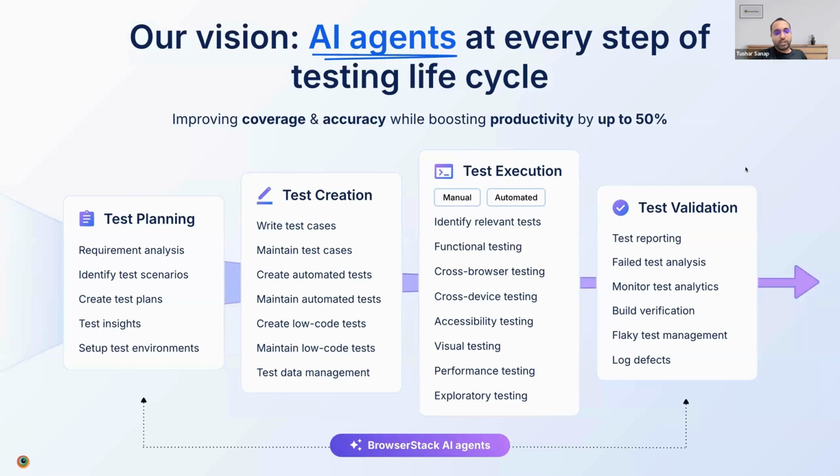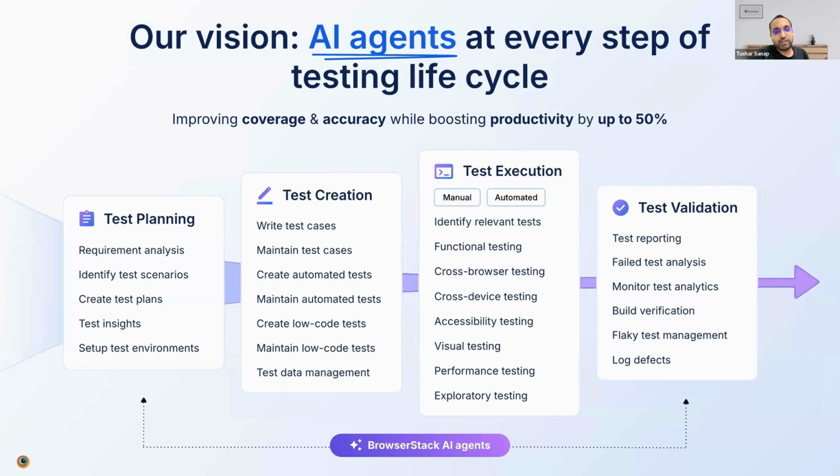Now let me take you quickly through how BrowserStack is viewing these entire things, right? So when BrowserStack talks about building AI agents and building AI workflows, here what we are trying to do is exactly the same thing that we wanted to do. We are improving coverage and accuracy while boosting the productivity by up to 50%. Why am I saying that? See, BrowserStack's